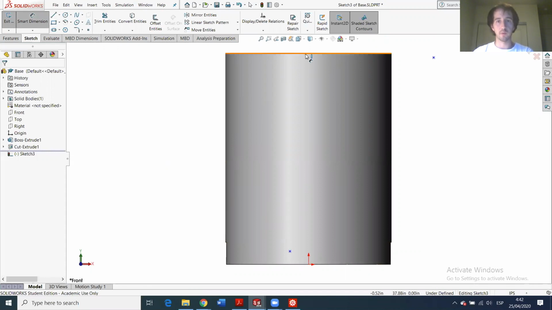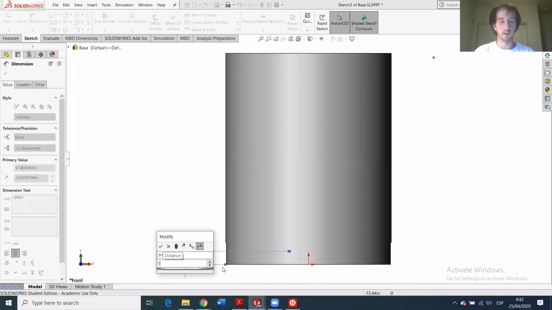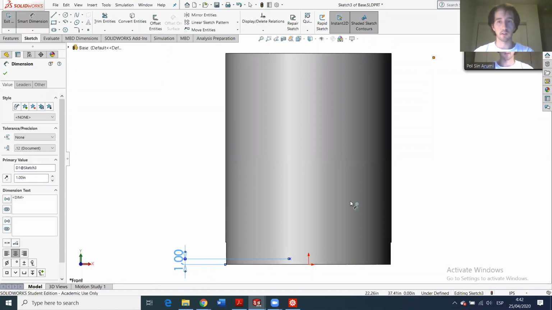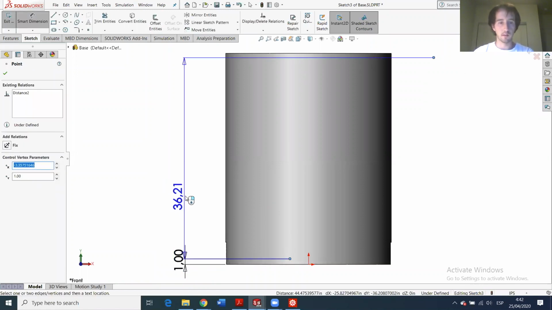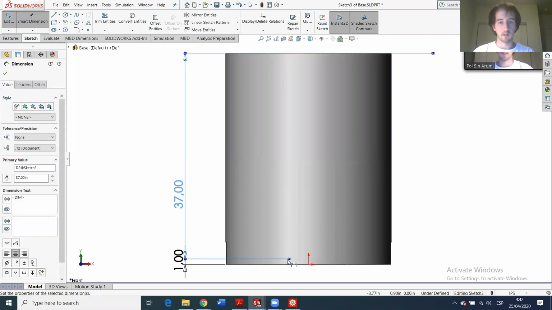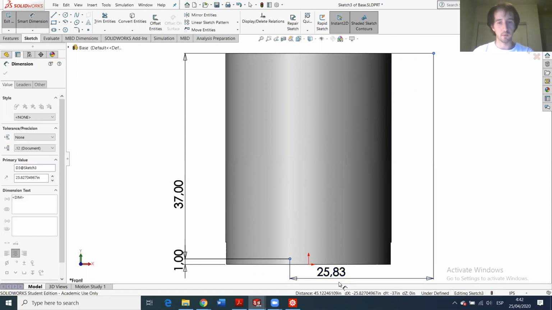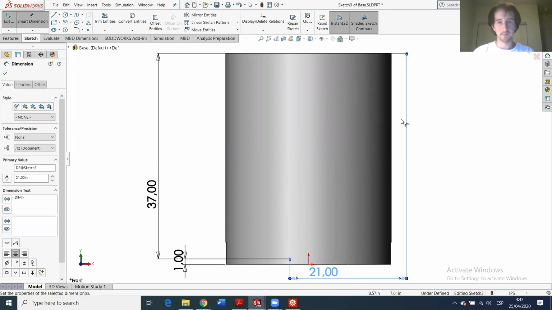So if you remember, we extruded it for 38 inches, sorry. We want this distance to be 37. So what we're going to do is from here to here, it will be 1 inch. And from here to here will be 37. Okay, remember also that between here and here, we want a distance of 21. And we can also say